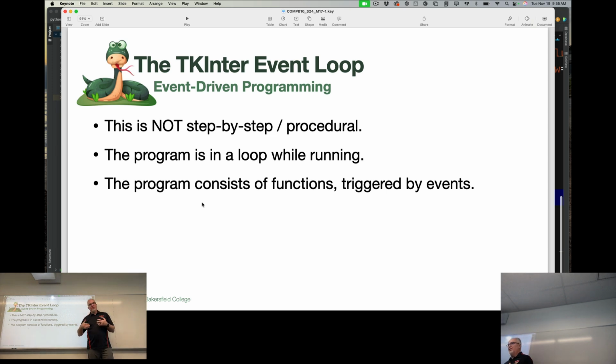What happens is that the event loop runs, and it's like a car idling. It's waiting for you to do something. The potential is there, but it's waiting. When I click a button, when I change a value in a text box, when I choose something from a menu, those are all events that happen. And if I have something in my code called an event listener for that event, in other words, if there's a button on my screen,